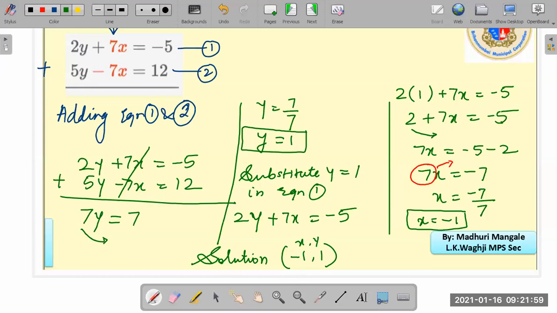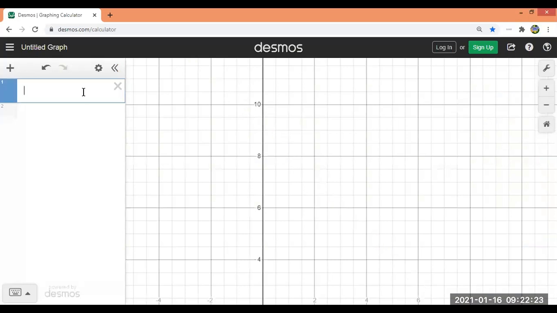Now we are going to look at this on the graphing calculator. You can try this out later after the class. What if we enter these two equations in the graphing calculator? I am just trying to show the verification. We are just trying to verify it. How to use this graphing tool. There are so many ways. You should know where linear equations in two variables have applications. Are there any tools to solve it online like this?